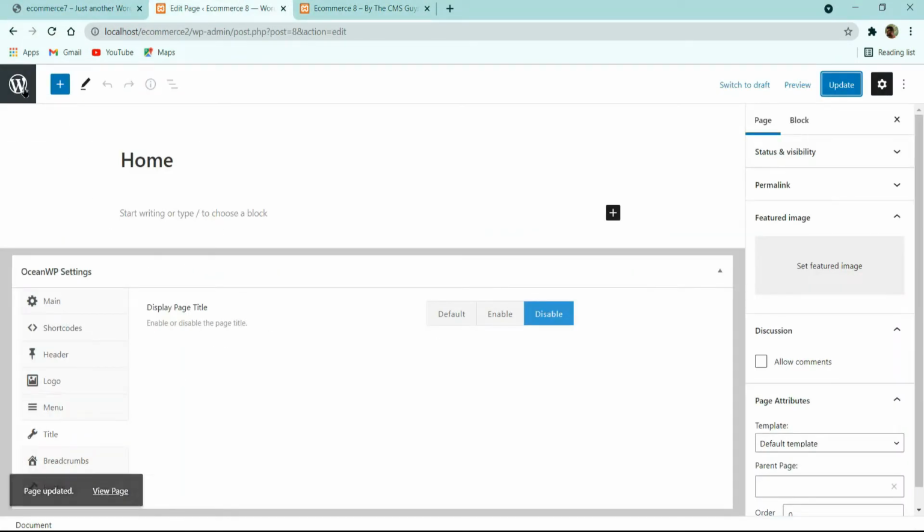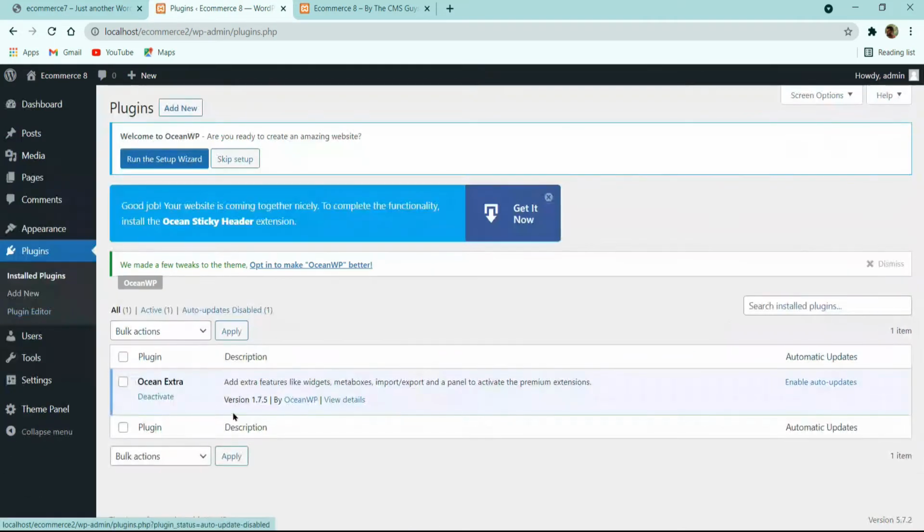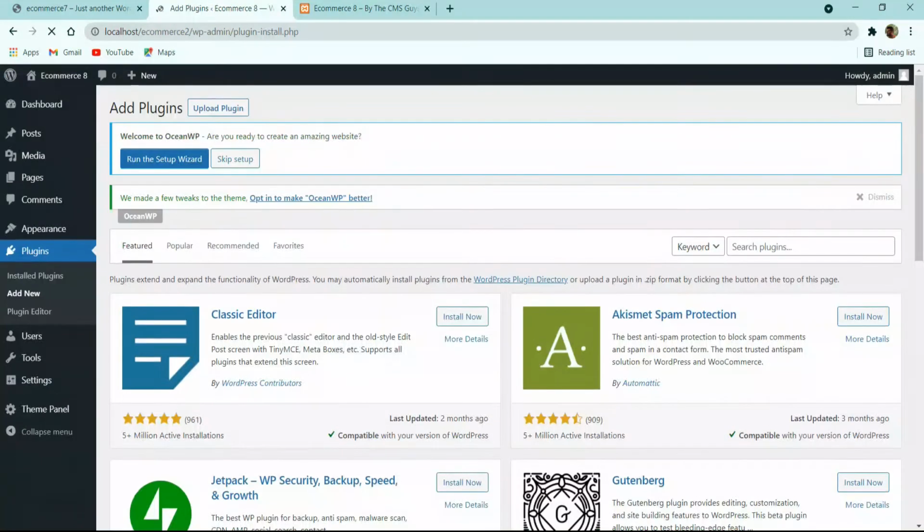Let us go back to the dashboard again, and now let us start installing the required plugins. Click on this plugins, and here you will find that the Ocean Extra plugin is activated because we have installed it earlier. Now to install a plugin, again click on add new, and let's start installing the required plugins. First of all we are going to use the Elementor page builder. So let's search here the plugin name with Elementor,